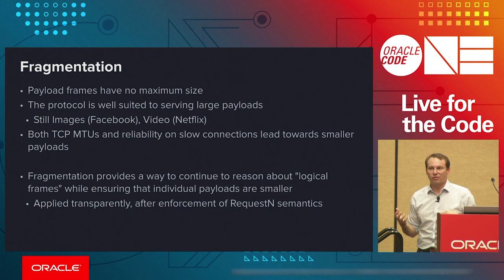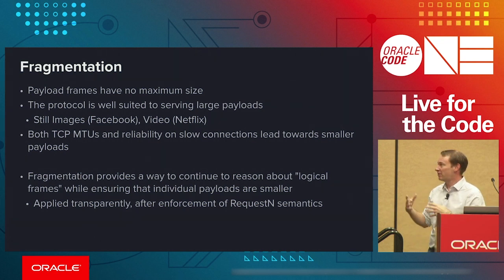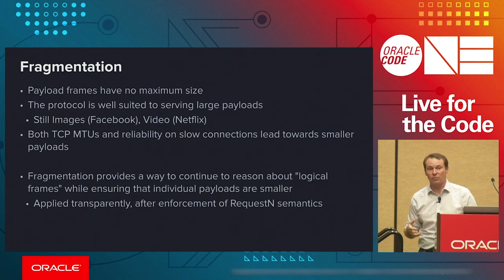But one of the key things to remember, especially if you're going over sort of the open internet or you're going to devices that have slow or intermittent connections, you probably don't want to send all of this episode of Stranger Things in one payload, even though you technically probably could. So they sort of thought about this and said, what we actually need to do? We need to have fragmentation as a first-class part of the protocol.